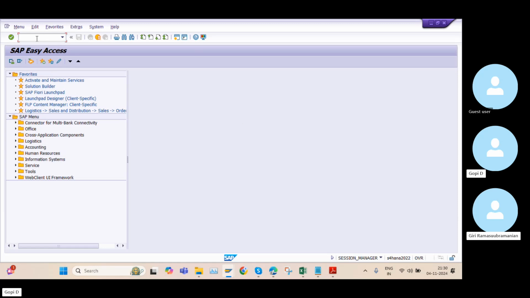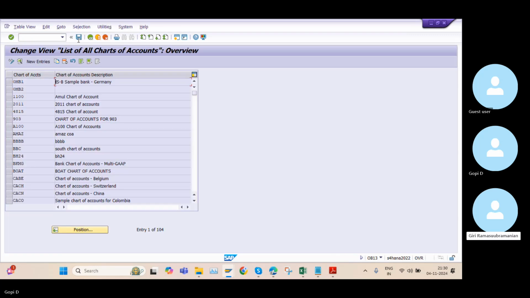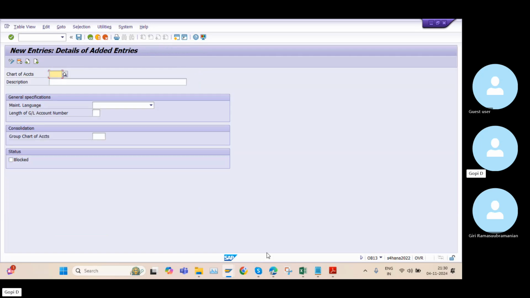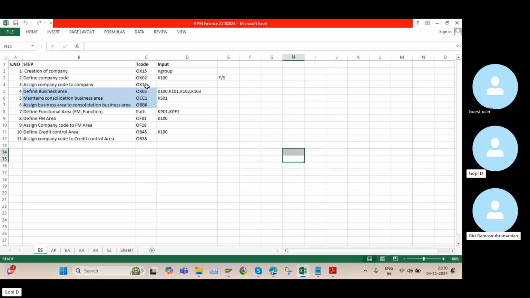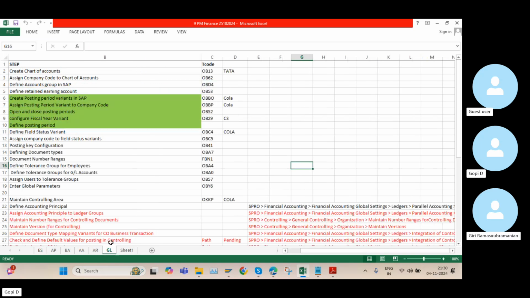Okay, so now I'm going with OB13 to create the chart of accounts. Same screen as I mentioned in the screenshot, I need to click on new entries. And what is our company code? K100, right? Okay. So the same thing I will put into general ledger accounting as well,